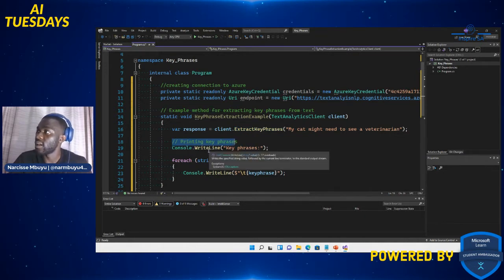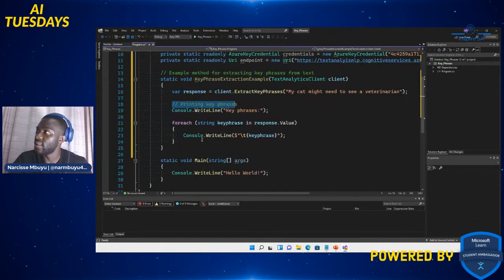So I say Console.WriteLine "Key phrases", that's like the title, the header, and then for each key phrase that's been found in that statement, it's gonna output Console.WriteLine with a dash and the key phrase. So that's what's going to happen in this method.